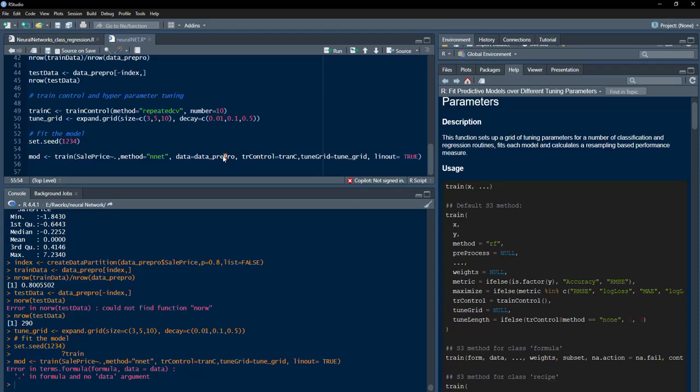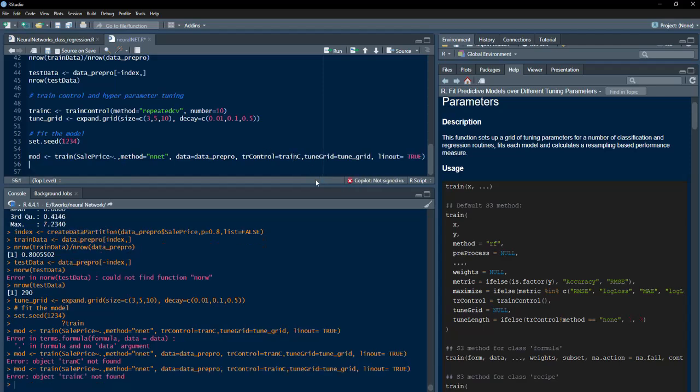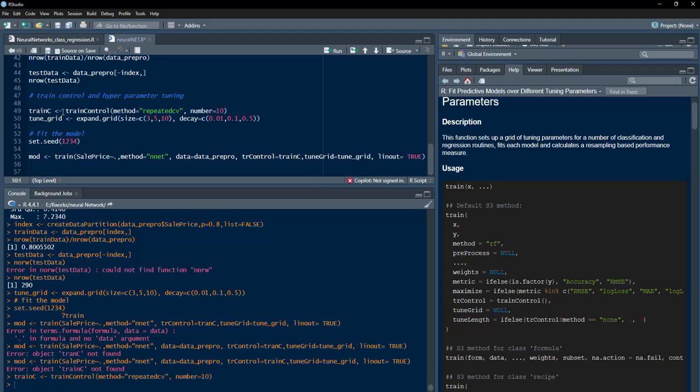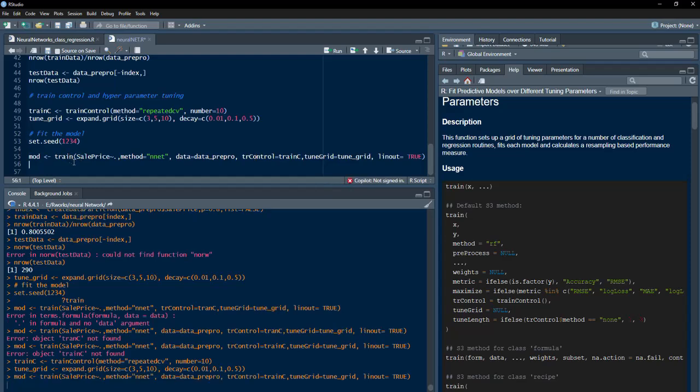This shall not be uppercase, and run that. Train C, again a spelling mistake is there, therefore I always go for copy pasting. Train C, I forgot to run, I think. Tune grid, and now let's see whether it runs or not. Yeah,